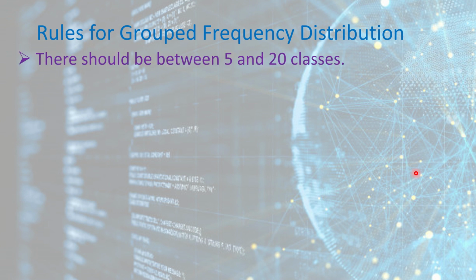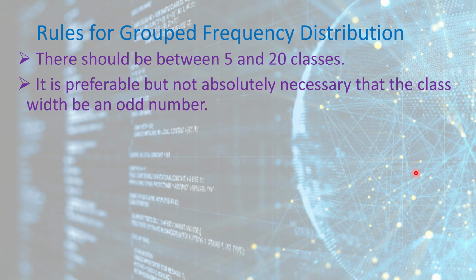Okay, so what are the rules to construct a grouped frequency distribution? Rule number 1, we usually say there should be at least 5 and at most 20 classes. If the data is too big, then you may go for more than 20 as well. But the ideal ones are maybe 10 to 15 classes, or maybe 8 to 15 classes. That's the most ideal. It is preferable but not absolutely necessary that the class width be an odd number,